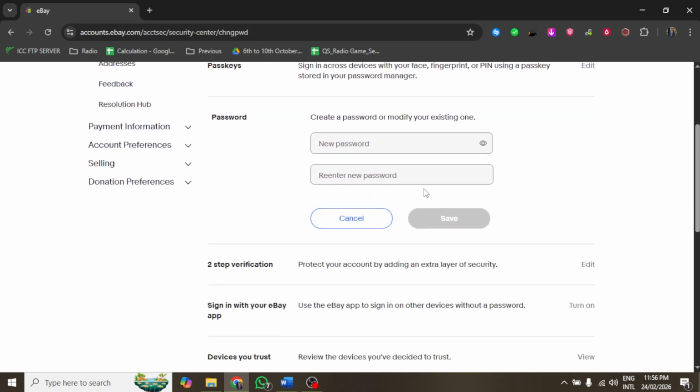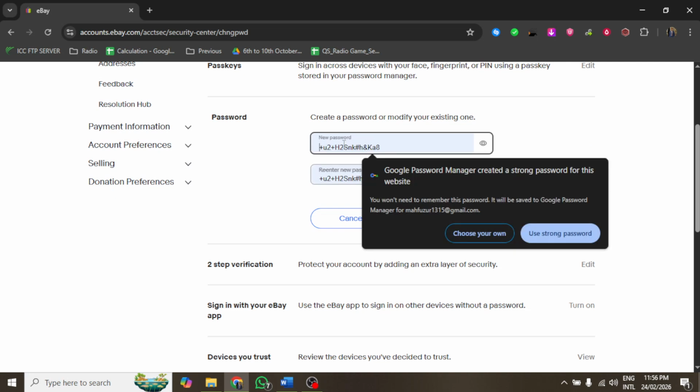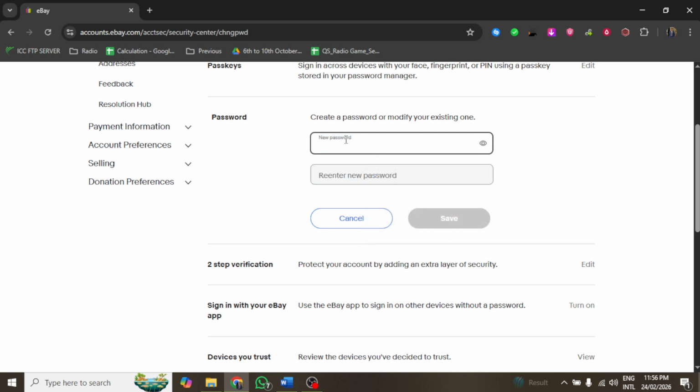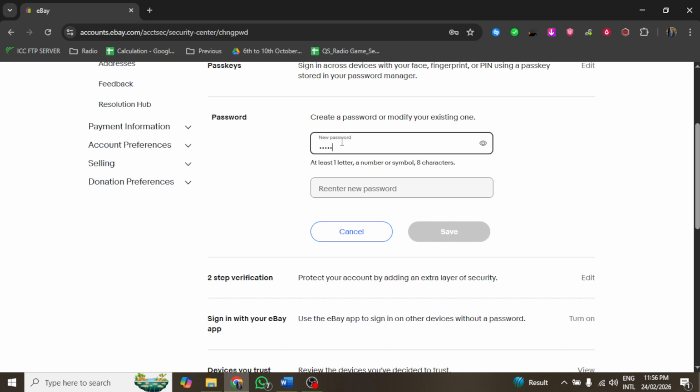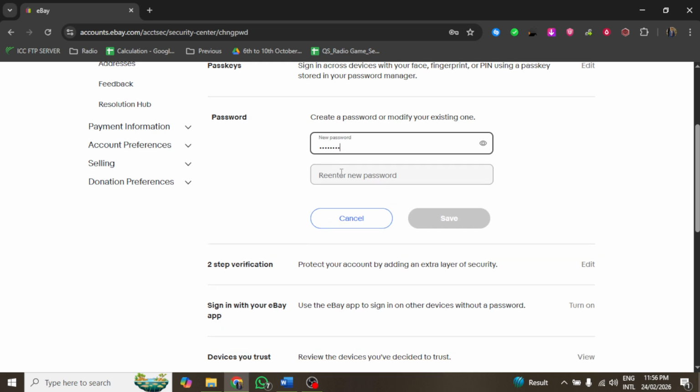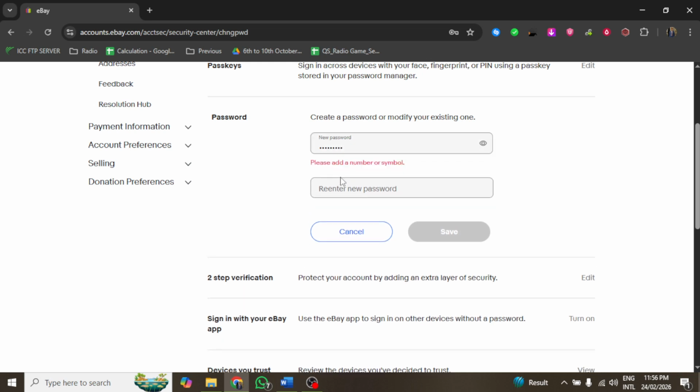settings. Within the account settings, locate the section titled Login and Security. This area is where you can manage your login information, including your password. Find the option labeled Change Password or simply Password. Clicking on this option will initiate the password update. The system may require you to confirm your identity, which usually involves entering your current password before proceeding to set